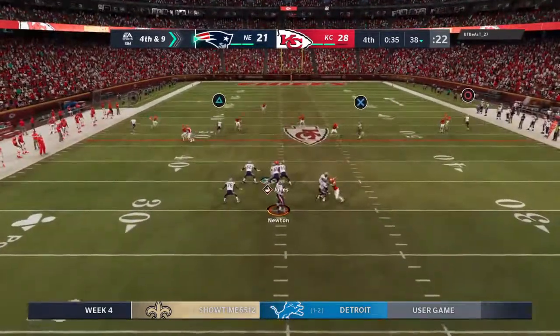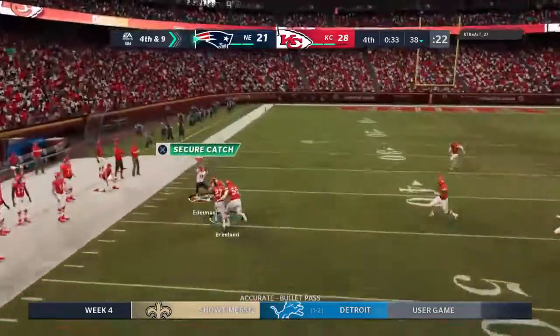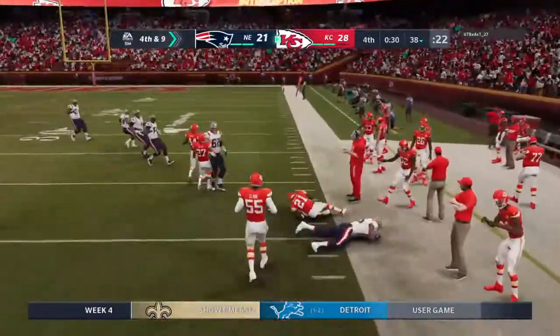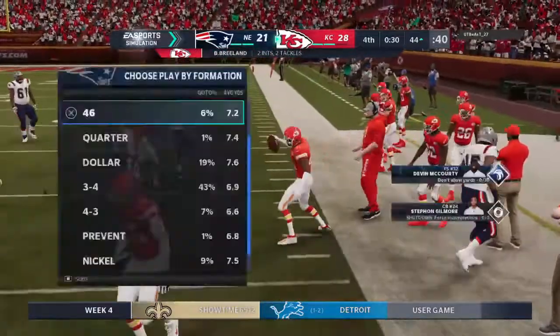They snap it to Newton, and a crusher there as it's intercepted. Picked off by Bashaud Breeland. And the return